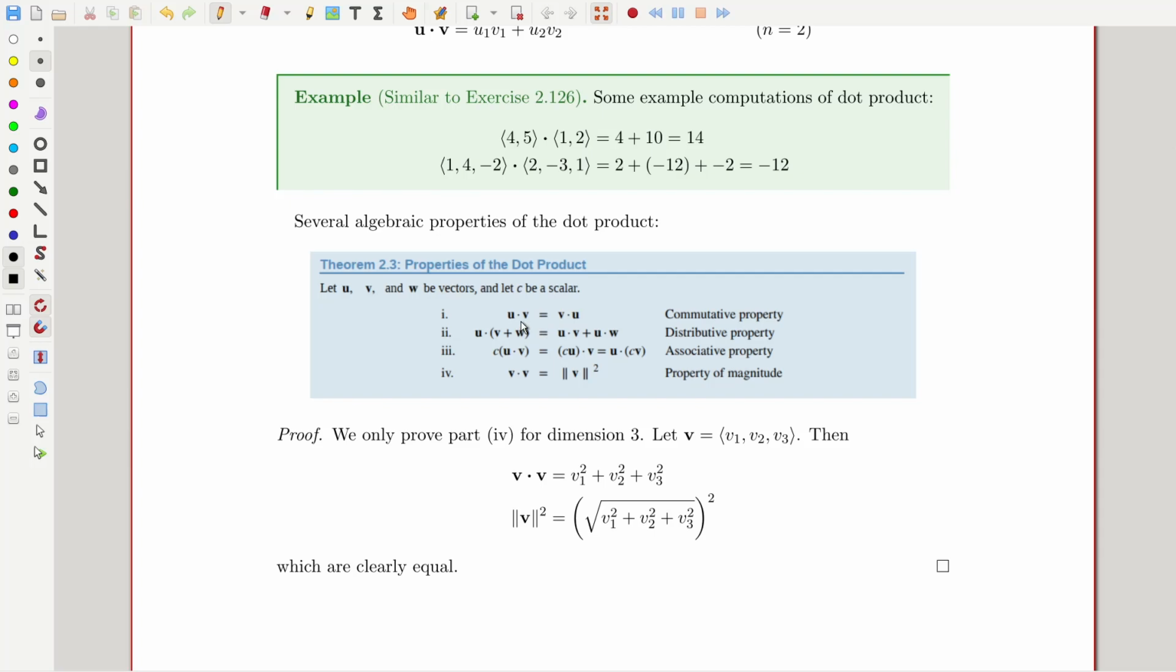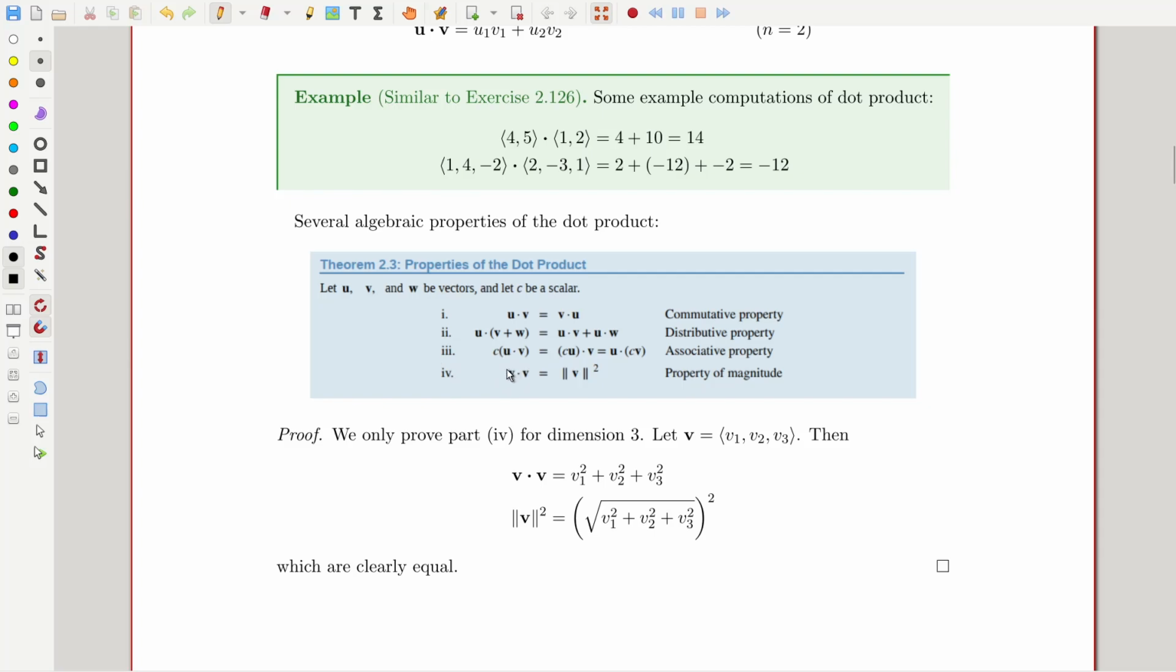It's nice to contrast this with actually the cross product. So the cross product ends up being what we say is anti-commutative. If you switch the arguments in the cross product, you end up with the negative. And we'll see that in the next lecture. All right. So part 2 is the distributive property. The dot product distributes over vector addition. Okay. Part 3